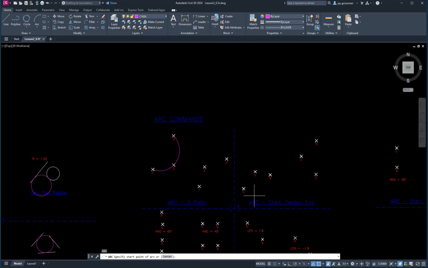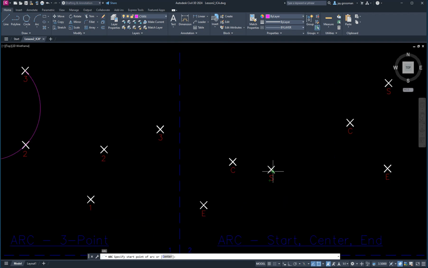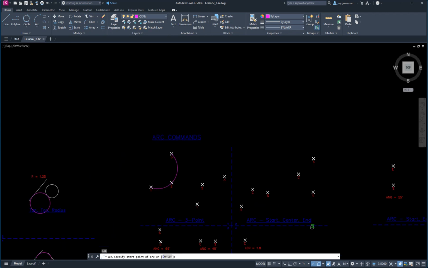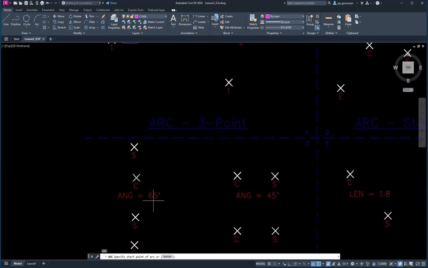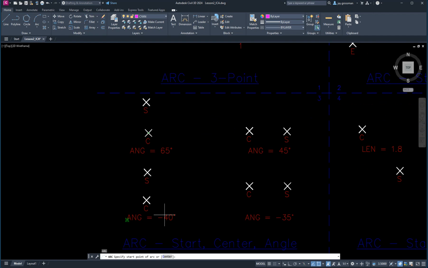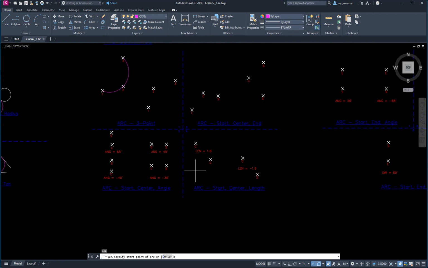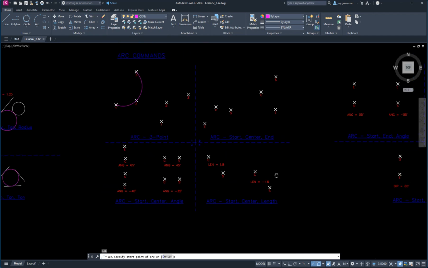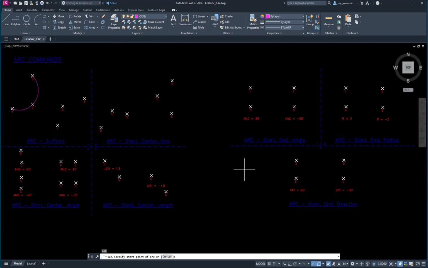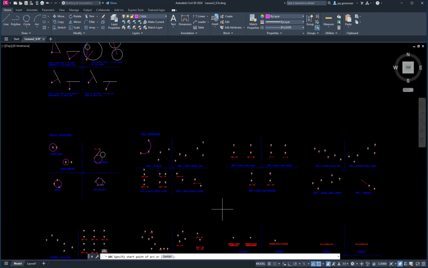Then you're going to do start, center, and end. Start is S, center is C, E is the end point. So you'll pick it based on that. Here's start, center, and angle. And so you'll start, and there's your center, and then you'll type in an angle. Start and center, type in an angle, so forth and so on. You can also do it start, center, and length, and so you'll type that in. Here's the instruction. The stuff in red is for your knowledge, I guess, for the modifications that you should use for your commands. And so you'll keep working through these